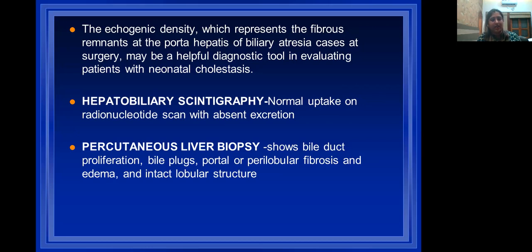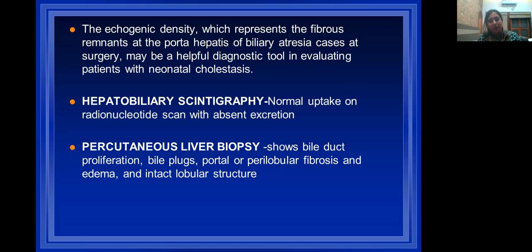And that is a very important diagnostic tool. Then hepatobiliary scintigraphy. For this, 5 days prior to the scan, we have to give the child phenobarbital, and then on HIDA scan, we see a normal uptake of the radionucleotide with absent excretion. Because there is atresia and blockage, there is no excretion of the dye, but there is a